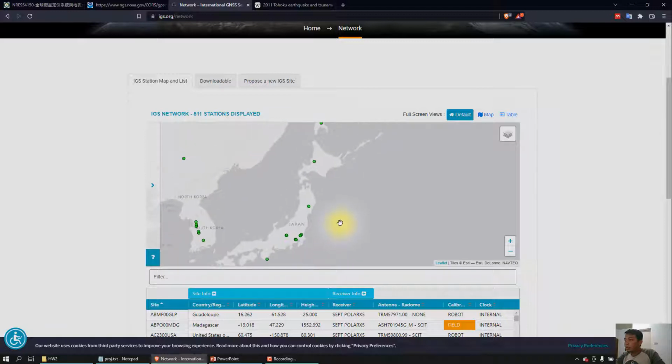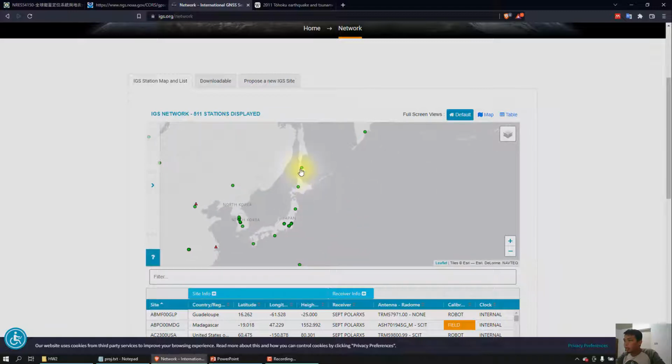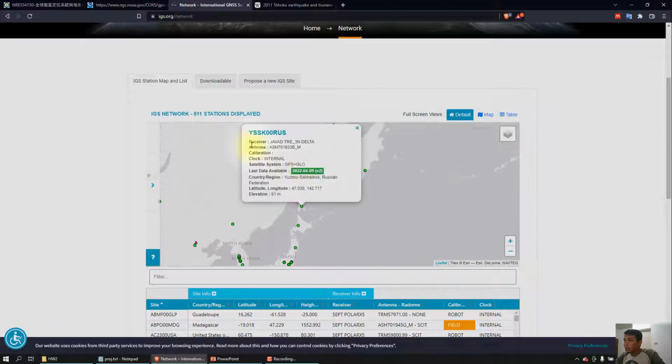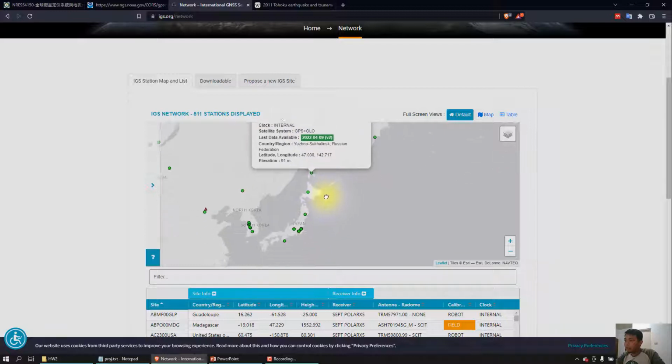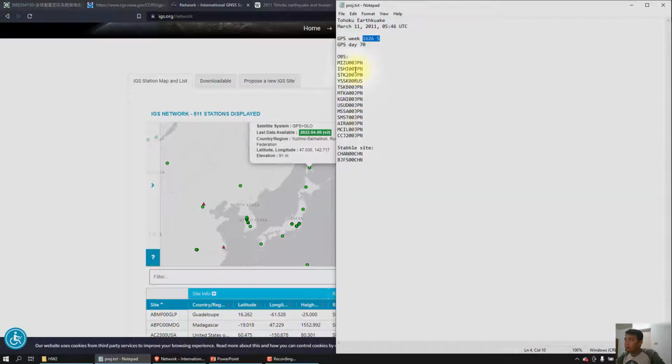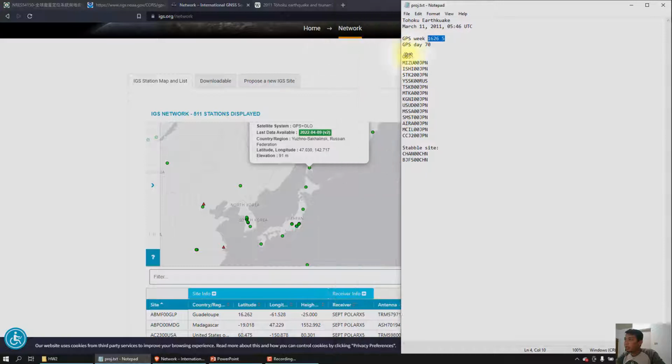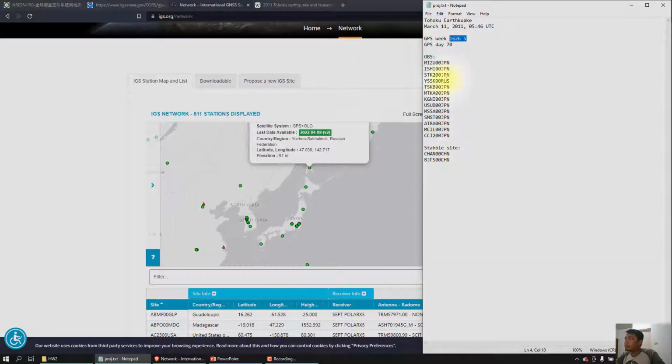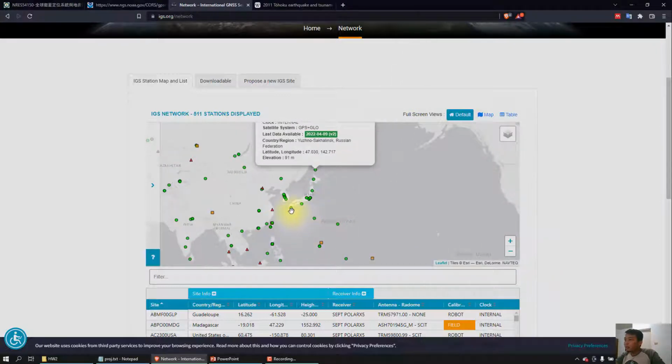Like this station YSSK, it belongs to Russia. We can type them first in this notepad. So YSSK and MIZU and the IC, all of these stations were located around the earthquake.